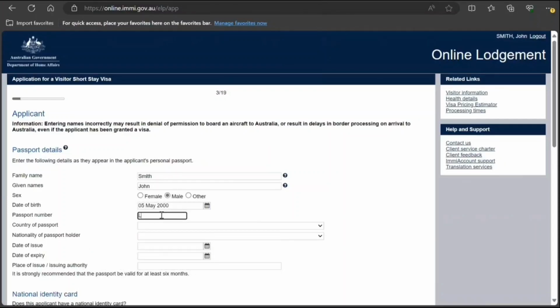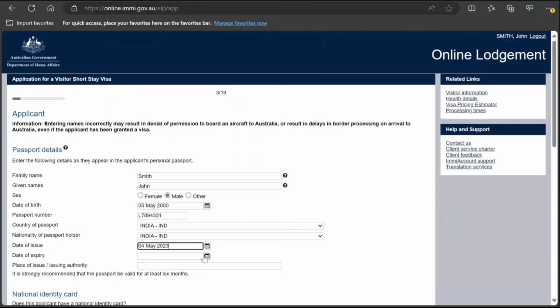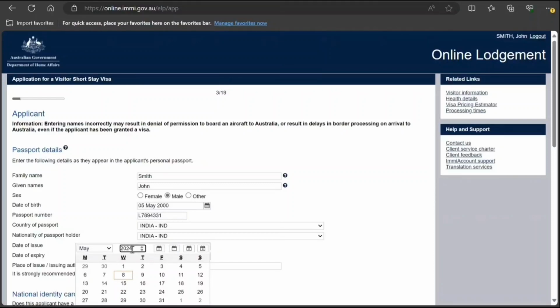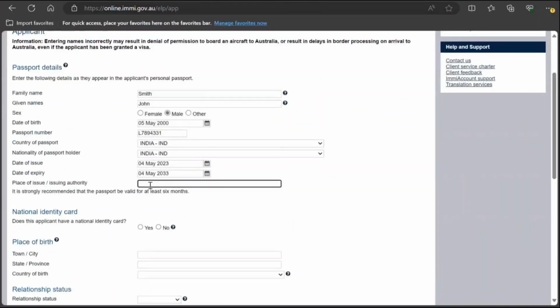Passport number. This is just a sample. Country of passport, India. Nationality of passport holder, India. Date of issue. You can just check your passport and put this. You don't have to do it like this. And be very careful what you enter. A lot of people make minor mistakes and then struggle a lot. Place of issue. Read your passport and then